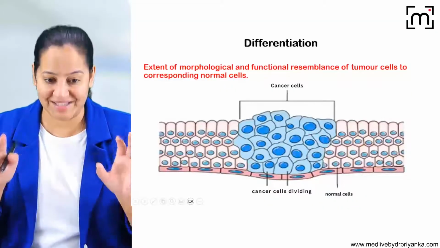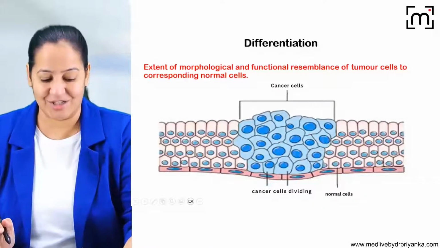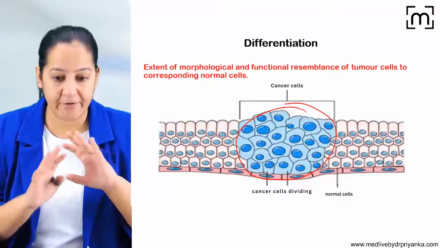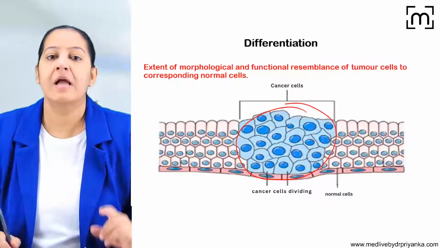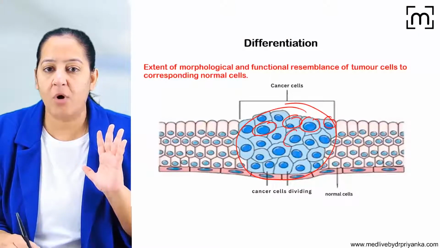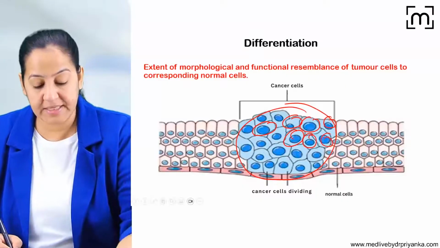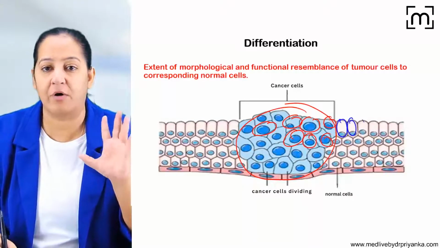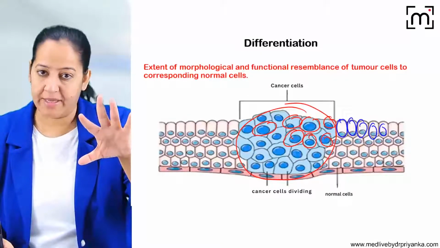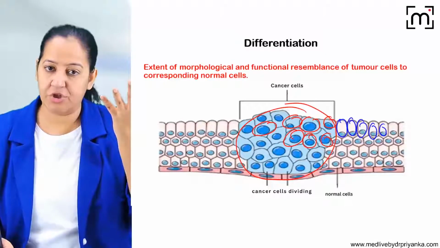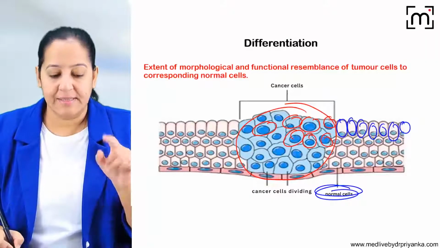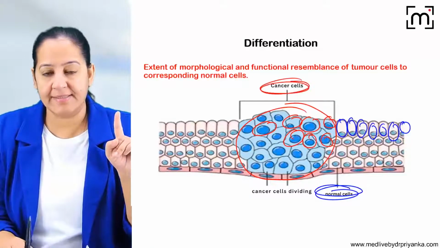Here you can see there is a tissue. Can you see? Yes, this is a tissue. In this tissue, you can see these are the tumor cells. Can you see? And the remaining ones are the normal cells. Now see the tumor cells, these all blue cells. You can see these all are tumor cells, and these all are normal cells of that tissue. Whatever tissue it is, it can be any tissue from head to toe in the human body. Now the tumor can occur in any of the tissues. You can see these are the normal cells, and these are the tumor cells or the cancer cells in that